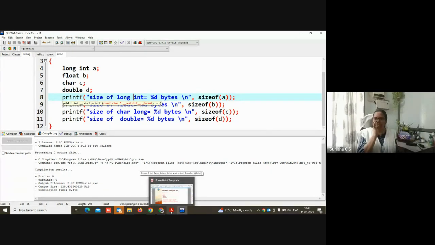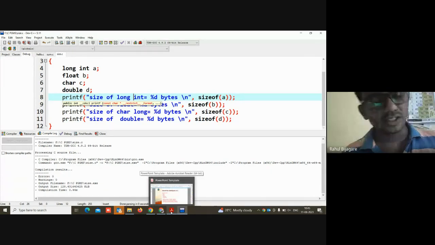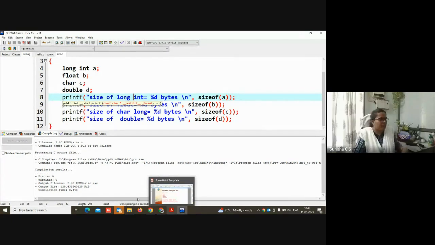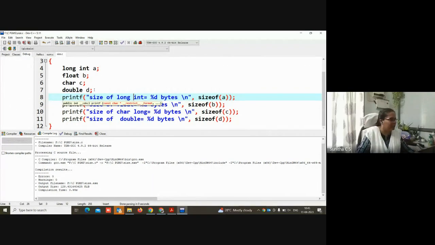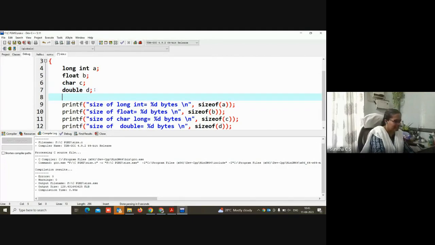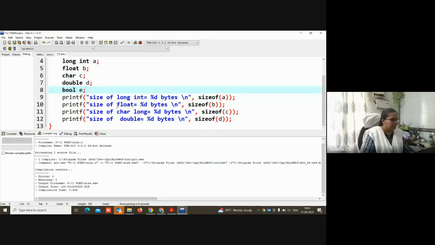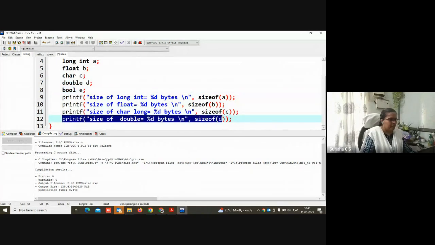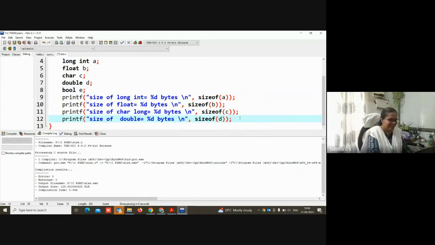Rahul? In C, is Boolean also declared or not? Yes, Boolean is there. Sorry, I forgot to include that. Bool, suppose, and I print it. So what will be the size of a Boolean?